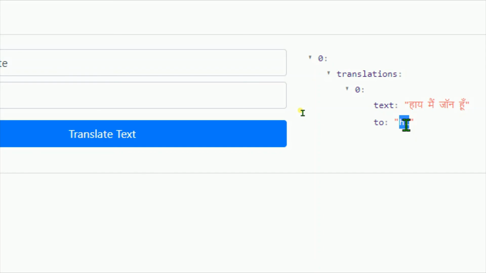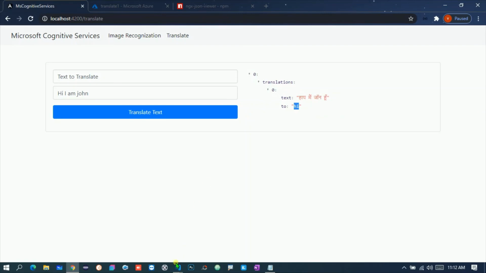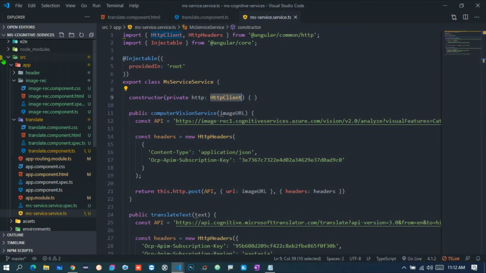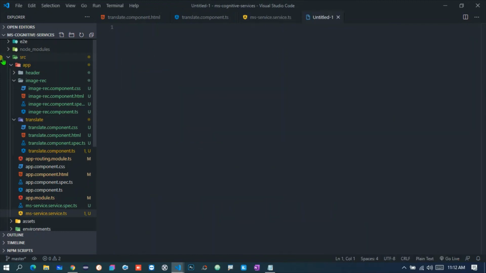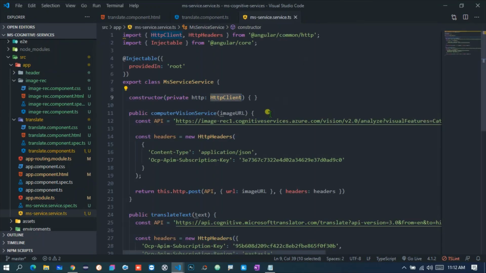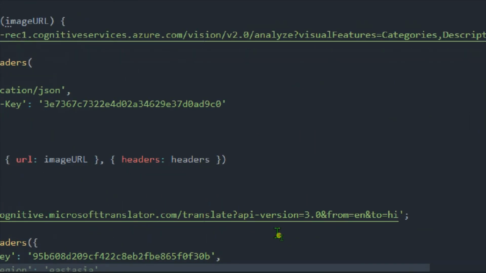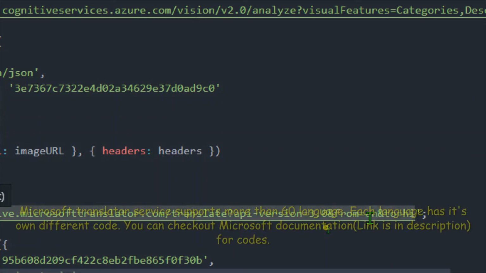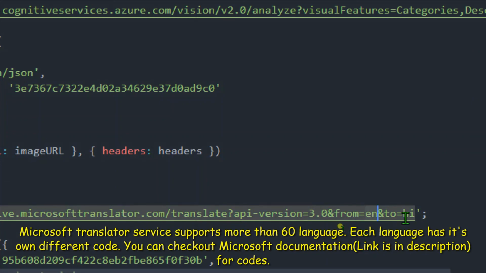Now the main question is how we can translate this text to any other language. So if you want to translate this text into any other language, into this service over here we have some options. Now inside these options, let me click this. Okay, so inside these options over here, if you observe, I'm passing these two parameters like from and to. So from means the language that we are giving as an input. So I'm giving English as an input, and we just need to translate this to the hi, that is Hindi.